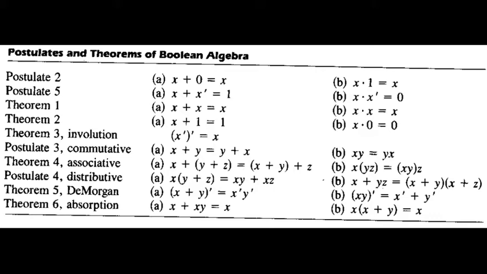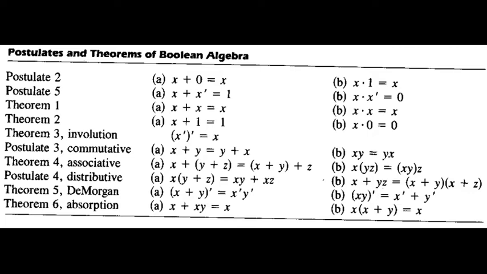So in this Boolean algebra, some basic postulates and theorems are presented. Before understanding this, we have to be very clear that the sign plus stands for ORing operation and dot stands for ANDing operation. Again, each and every variable x or y or z has only two possible values, 0 or 1, as we are discussing with respect to the binary number system. So let me start with the first one.